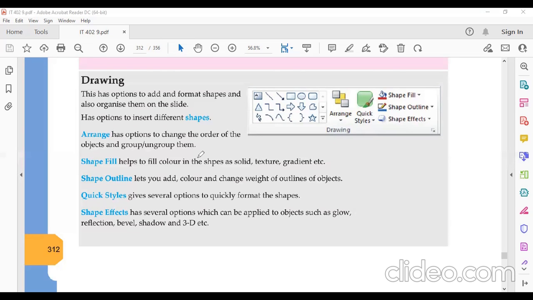So that's the arrangement options we have. And then if you want to change the color, although there are some fixed colors in this quick style option, but still if you want to choose some other color, then go with fill shape, then choose the color that you want to apply. So fill the color. And we have some other options also, like if you want to insert a picture, click on the picture. Search for the picture,